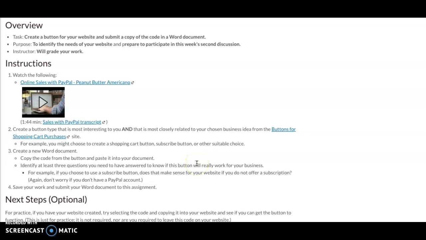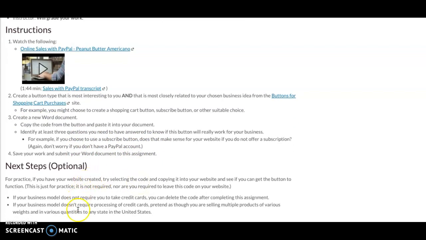Anytime you're thinking about a new function for your website or something new you'll introduce for your business, it's helpful to go through that exercise and try and anticipate issues, and then save and submit that on a Word document. It is optional for you to actually put this on your website, but here's some instructions to do that. Again, you do not have to,